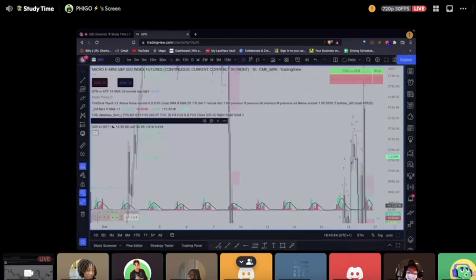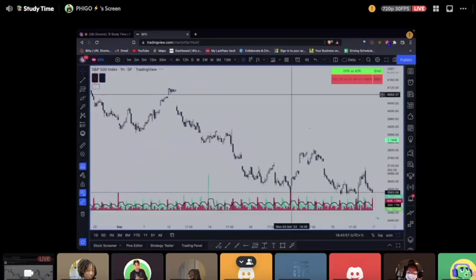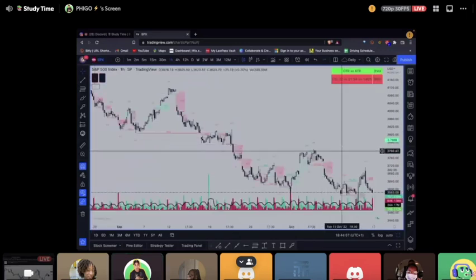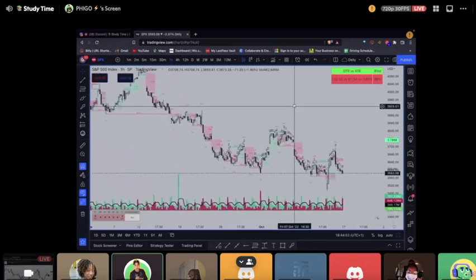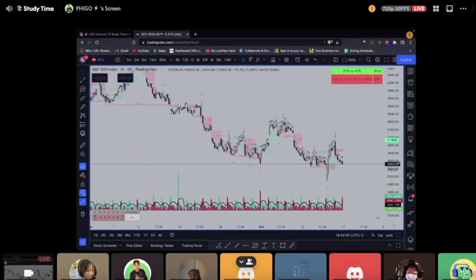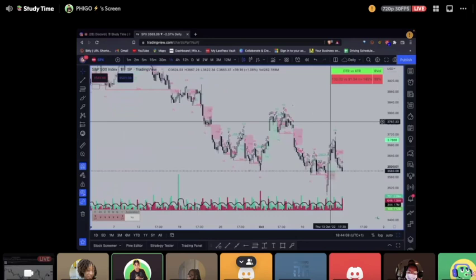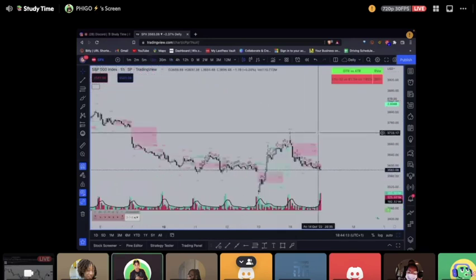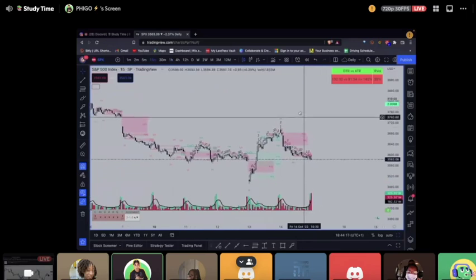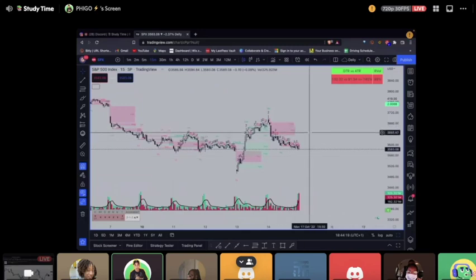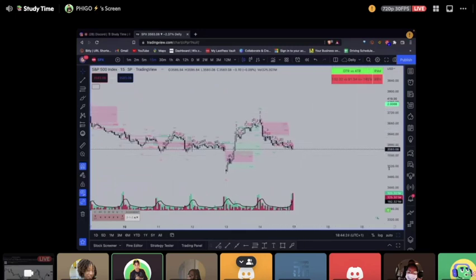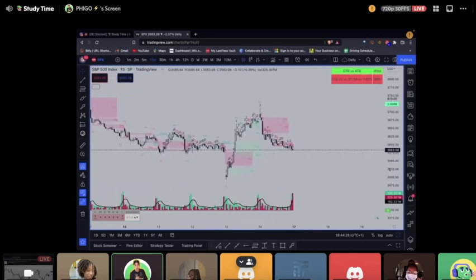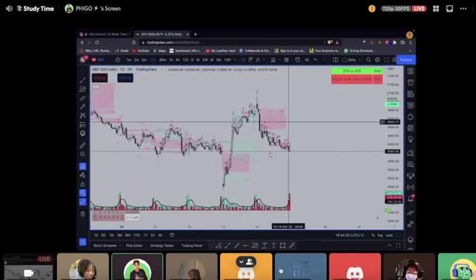Go back to SPX. So this is the hour chart. Just go down to a 15-minute. This is what I was actually doing as well. I looked on the 15-minute, got my signal, and then that's when it dropped to the 1 minute. A lot of people who use ICT use sub 1 minute charts for entries, but the lowest I can go is a 1 minute. So if we look at